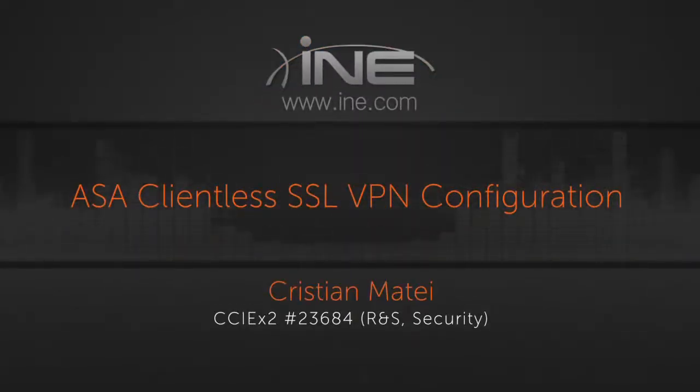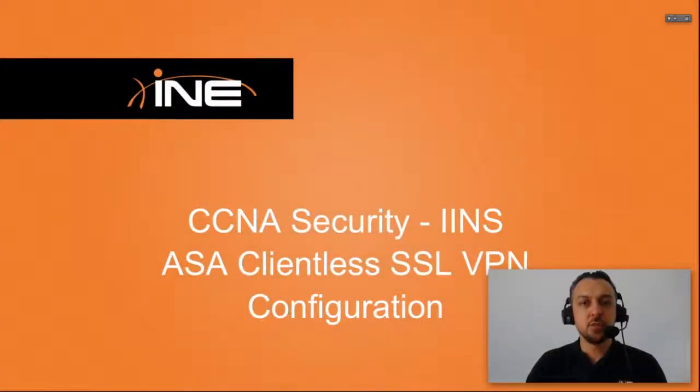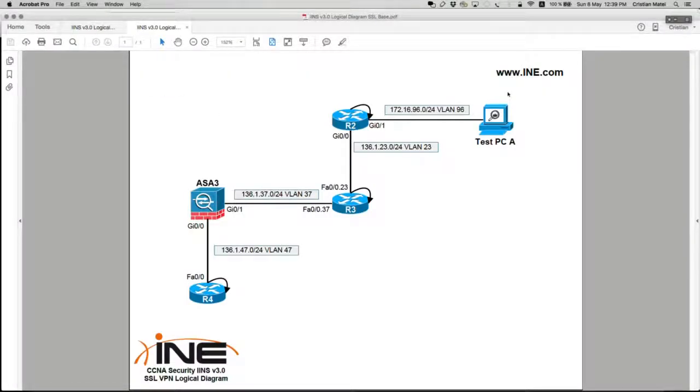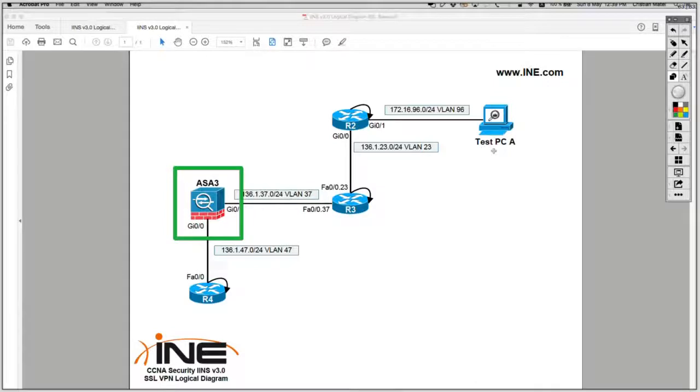Okay, next we're going to perform the configuration to set up a simple basic clientless SSL VPN tunnel. The use case is that we're still going to use the ASA as the VPN gateway, which is in the scope of the CCNA exam, and test PCA as the client. This time it's going to use the browser. And once the SSL VPN tunnel is established,